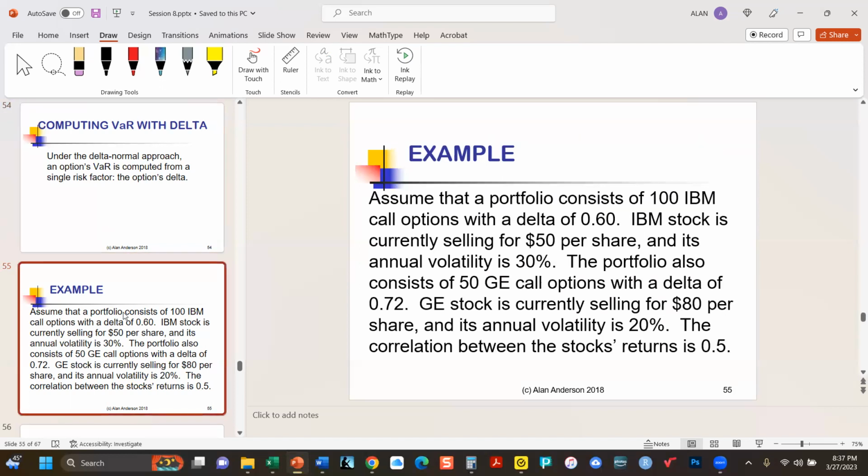So we have an option, IBM 100 call options with a delta of 0.6. Each one is 0.6. The stock is selling for $50. Its annual volatility is 30%. We also have in our portfolio 50 GE call options, each with a delta of 0.72. And that stock is selling for $80 a share with a volatility of 20%. And finally, we need to know the correlation between the stocks' returns, 0.5,